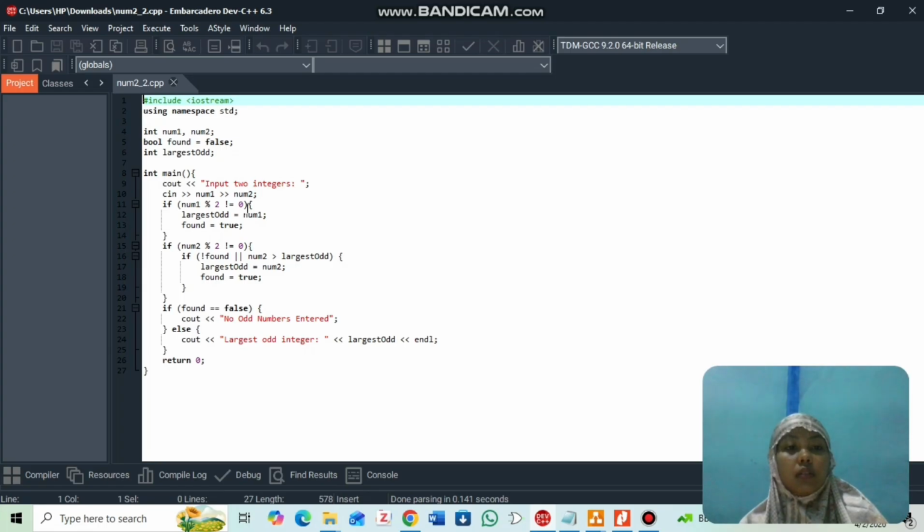Then open integer main, cout, that means the user will see the sentence, input 2 integers, and the user will be asked to put in 2 numbers, cin num1 and num2. This is where the program checks if the num1 entered by the user mod 2 is not equal to 0, that means the largest odd is num1, then found is true. And the program checks again for num2, is num2 mod 2 not equal to 0? If yes, then